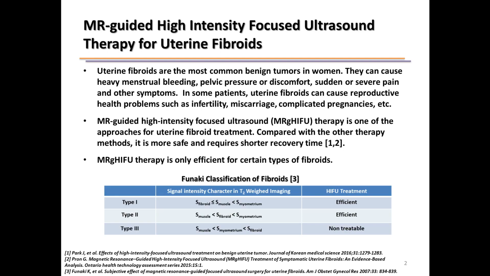So what are uterine fibroids? Uterine fibroids are benign tumors which are very common in women. They can cause many symptoms such as heavy menstrual bleeding, pelvic pressure or discomfort, sudden or severe pain, and even reproductive health problems. There are several therapy approaches for fibroids, such as hysterectomy, myomectomy, uterine artery embolization, and high-intensity focused